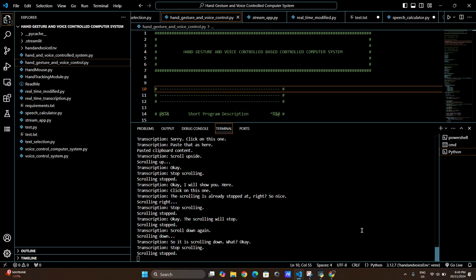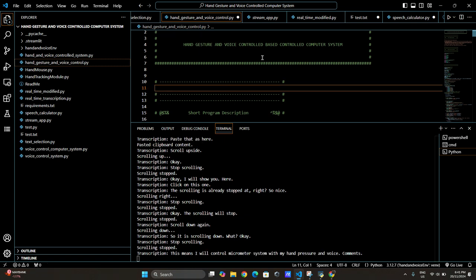Okay, this one is my hand gesture and voice control based computer system. This means I will control my computer system with my hand gesture and voice commands. I'm still in progress, but somehow the program is working.